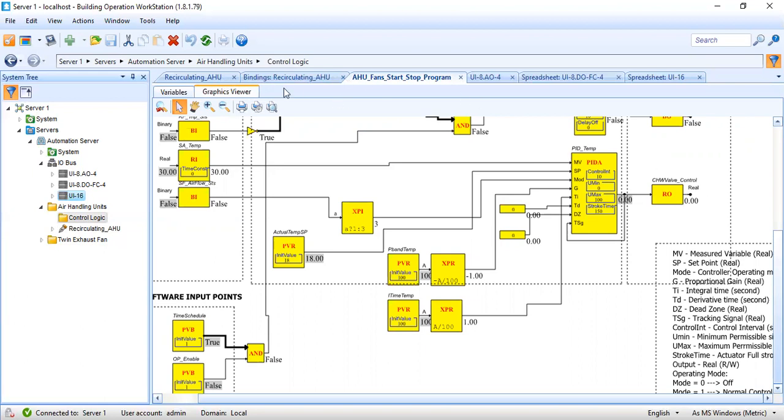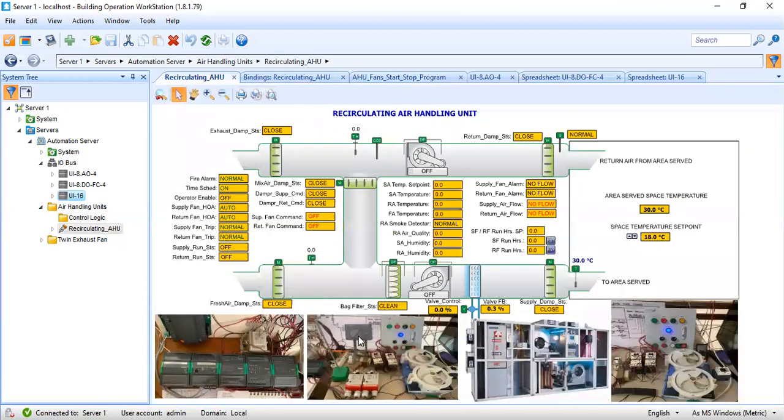Now let me go to my air handling unit. This valve is a modulating valve, a modulating valve actuator. So our control here is modulating. When you say modulating, from 0 to 100, this valve can open from 0 to 100%. Let's say it can open 50%, 75%, 1%, 2%. That's why it is called modulating.